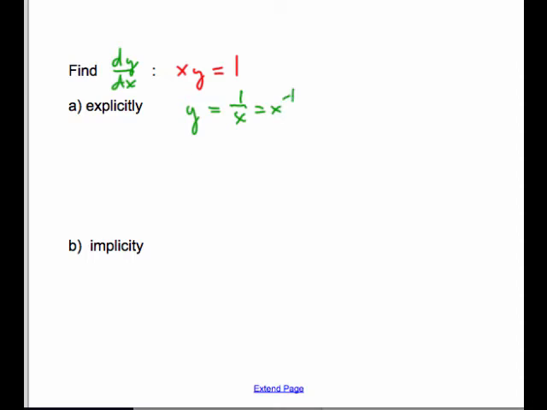and then I can apply the power rule. So the derivative of y with respect to x would be negative x to the negative 2, which is negative 1 over x squared. Alright, to differentiate implicitly,